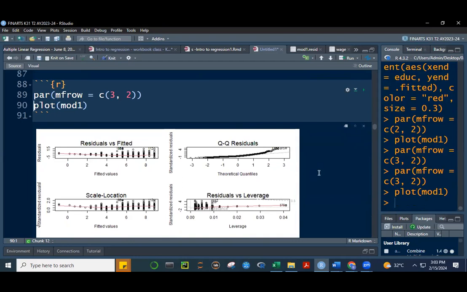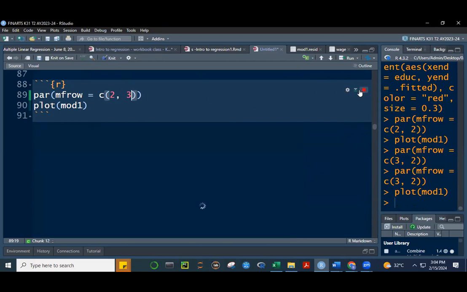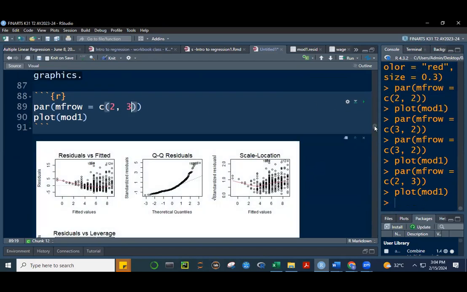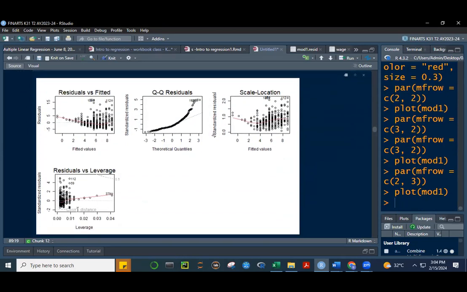3 by, hindi nagkasya sa ano, no? I'll make it 2 by 3. So 2 rows and 3 columns. Oops. 2 rows and 3 columns. Let's see what happens here. Okay. So 3 columns, pero it did not plot all the plots that can be generated from